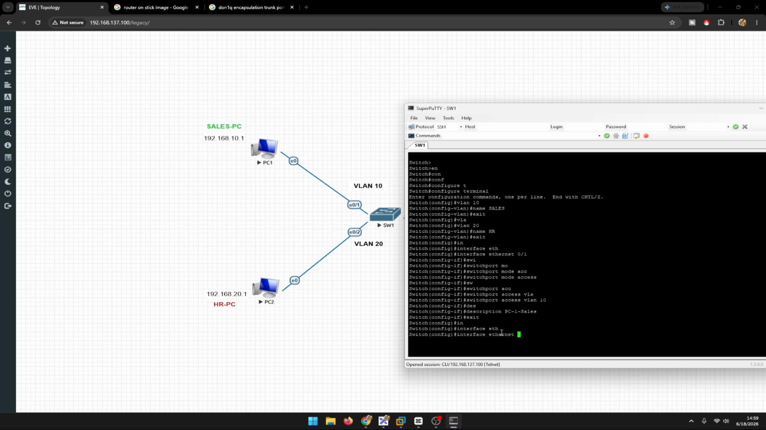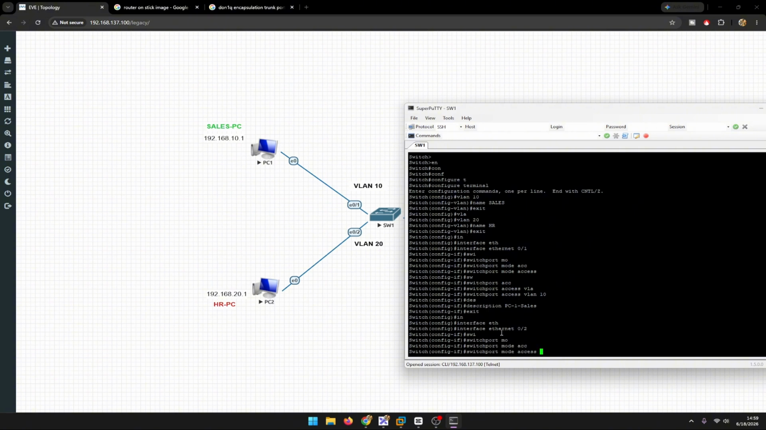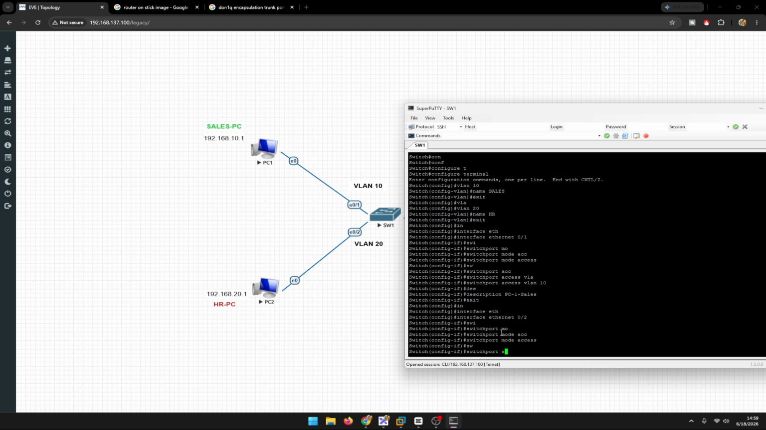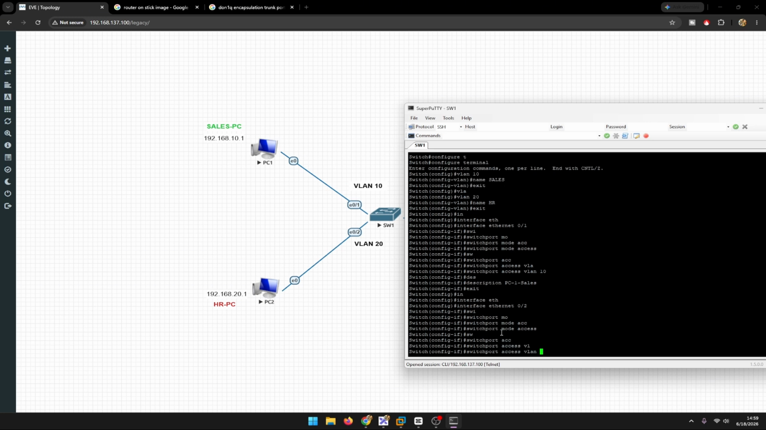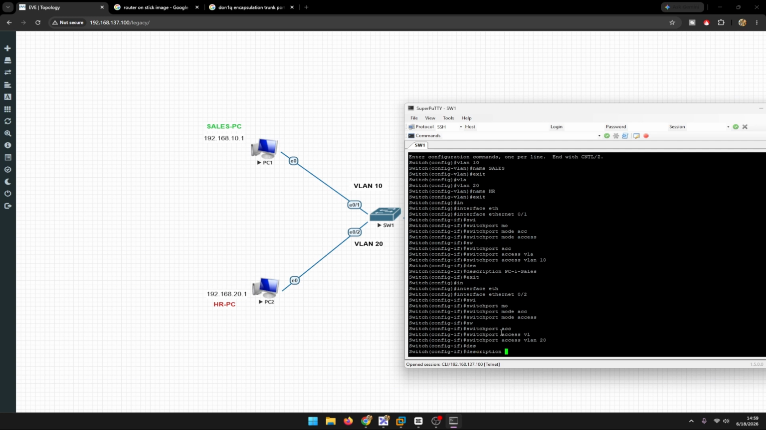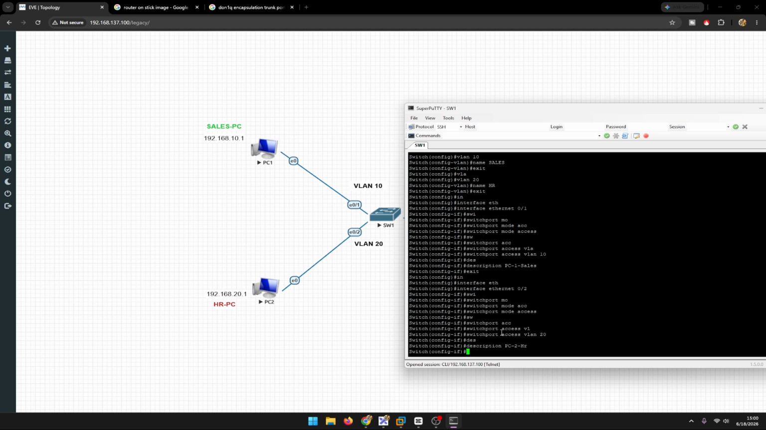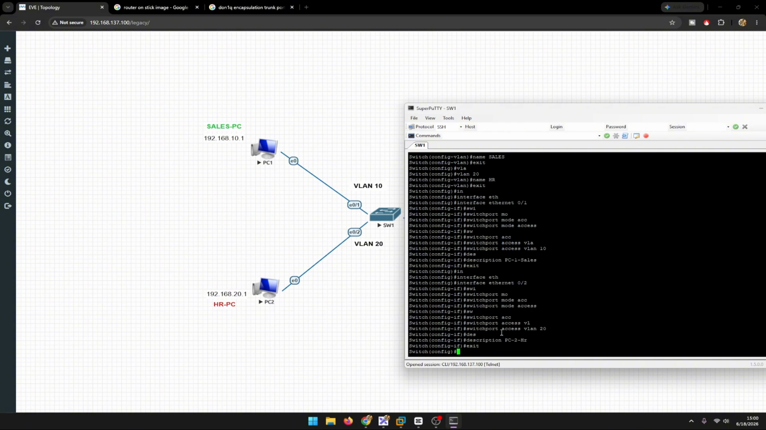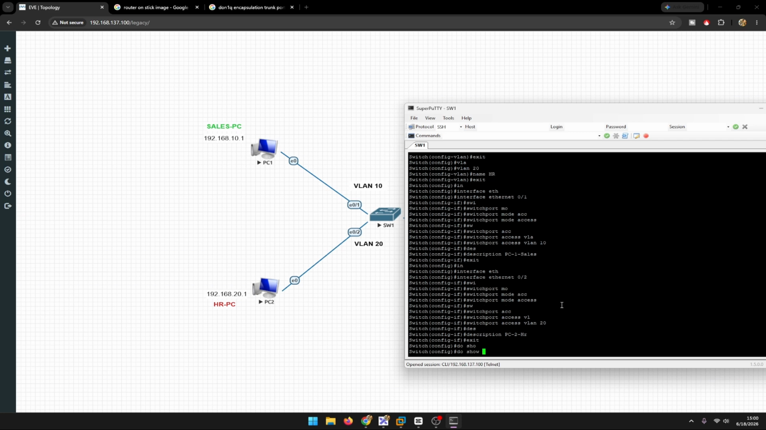Exit. Now PC2's port, access port in VLAN 20. Interface Ethernet 0/2. Switchport mode access. Switchport access VLAN 20. Description PC2 HR. Exit. Let me verify that with do show VLAN